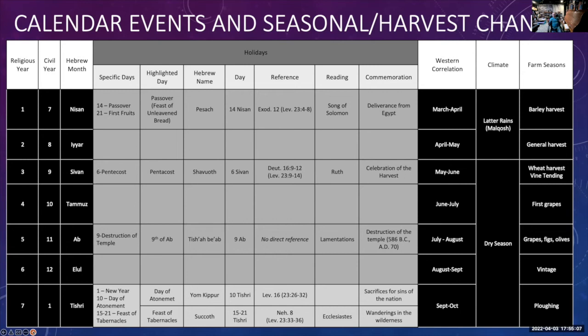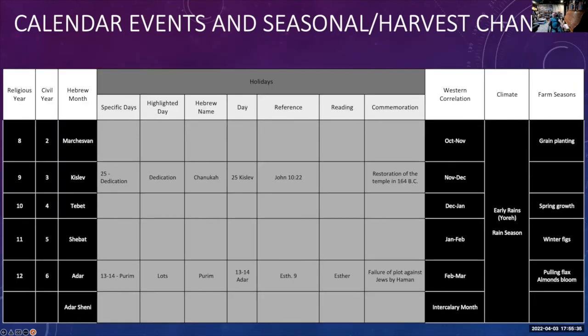So I took the charts that were given and I melded them together so you can see when in our calendar they were and days, and then what season, farm seasons, according to the book, they were. But I recommend getting to know these because they are intricate to the covenant that was made. If they didn't follow through with Passover, how many times did they actually do Passover? What was the first fruit celebration? What were these things? It's important to know. Again, the dedication in Purim, in Esther,